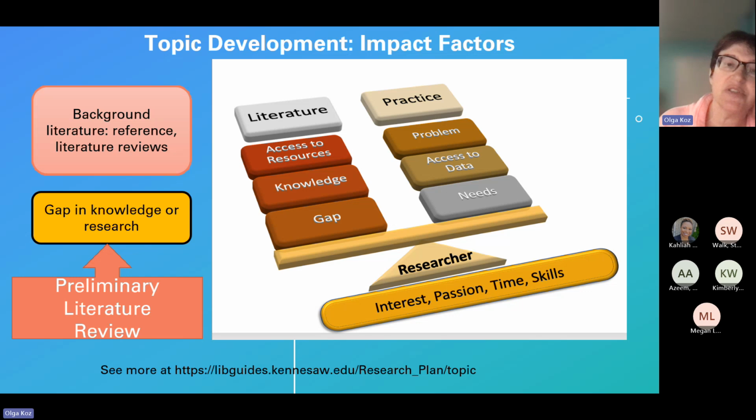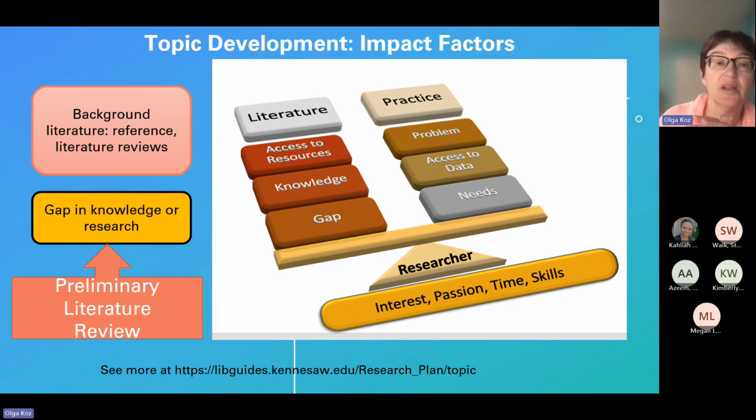EdD students are practitioners, but at the same time, we treat you as researchers as well. So sometimes we use the term scholar-practitioners. Practice is very important in this case, and your research is applied research. You're not just investigating something because you're curious or want to add knowledge, but because you want to solve a real practical problem. So in the seesaw, you see practice as an important part, and it's a balancing act,